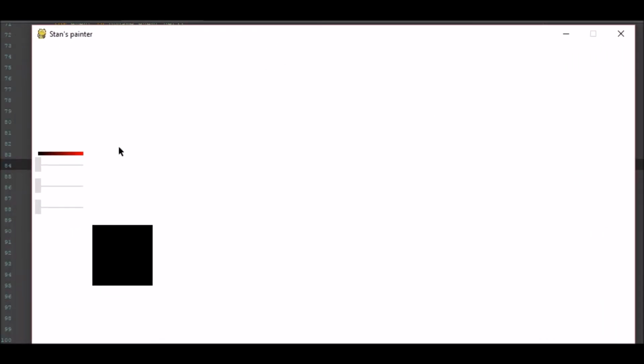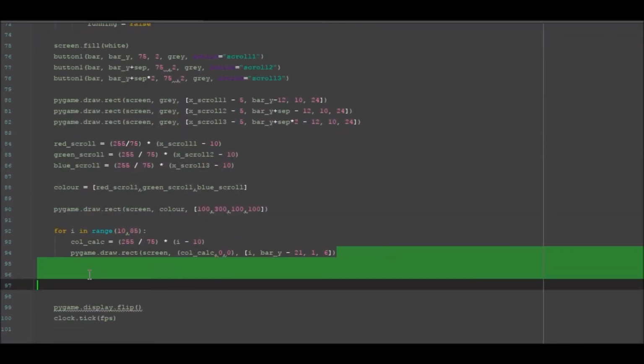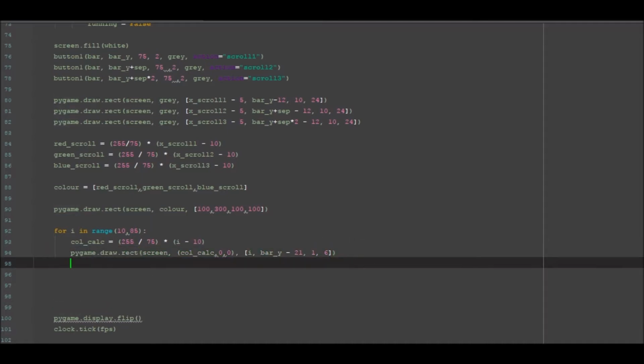Right, let's run this and show you what it looks like. So now you can see we have our little bar above our slider, so you can see how red it's going to be and how black it's going to be. We can do the same thing by copying and pasting this over multiple times to run this